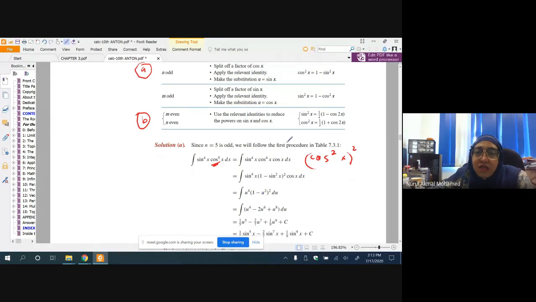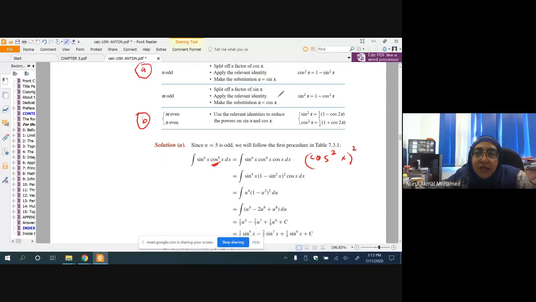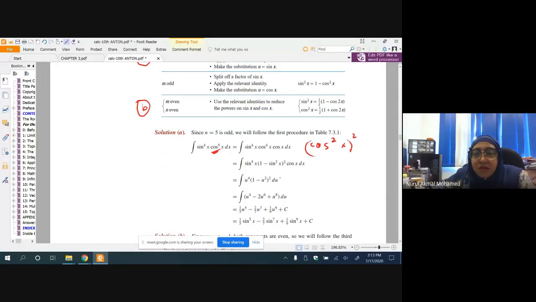Your substitution will be u equal to sine x. So this is u to the power of 4 multiplied with (1 minus u squared) squared, and cos x cancels out